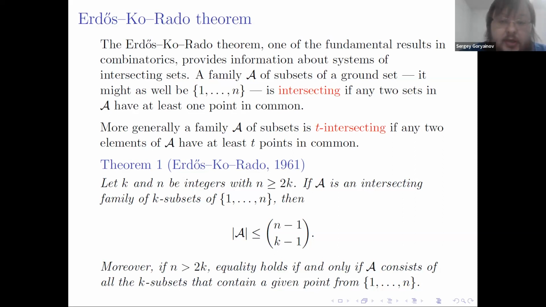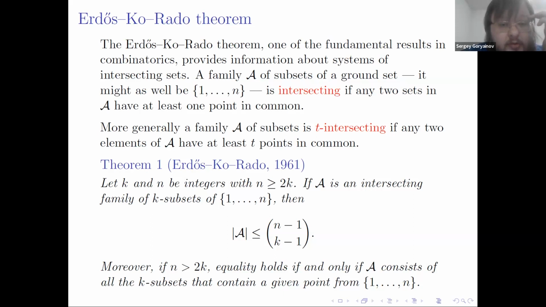A family A of subsets of a ground set, it might as well be the set from 1 to n, is intersecting if any two sets in A have at least one point in common. More generally, a family A of subsets is t-intersecting if any two elements of A have at least t points in common. And in 1961,